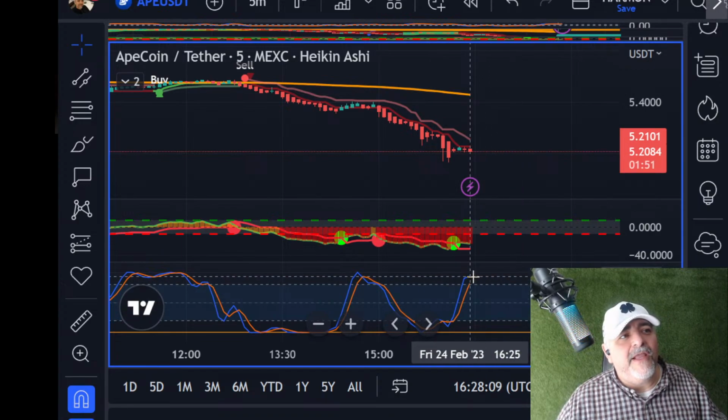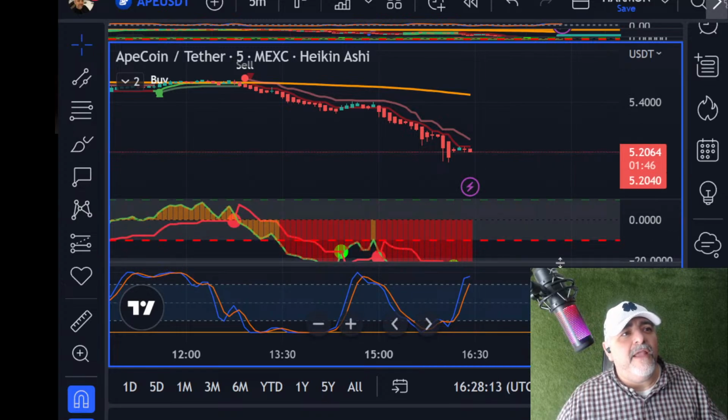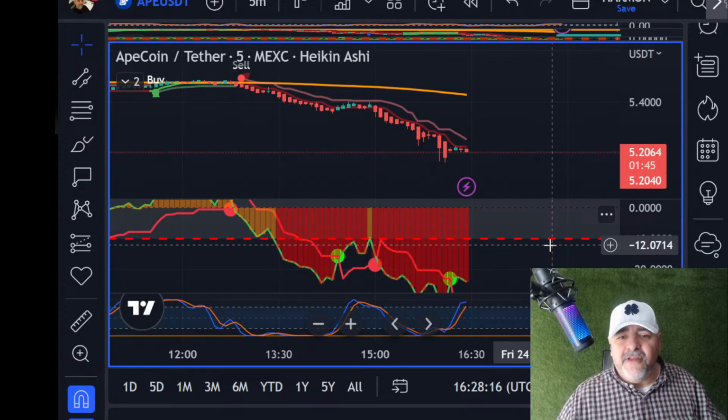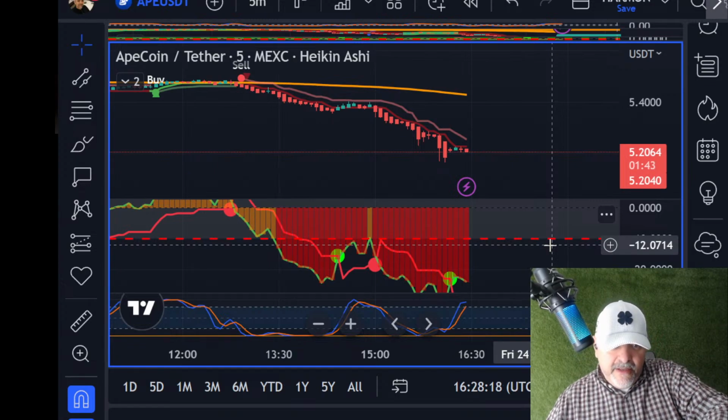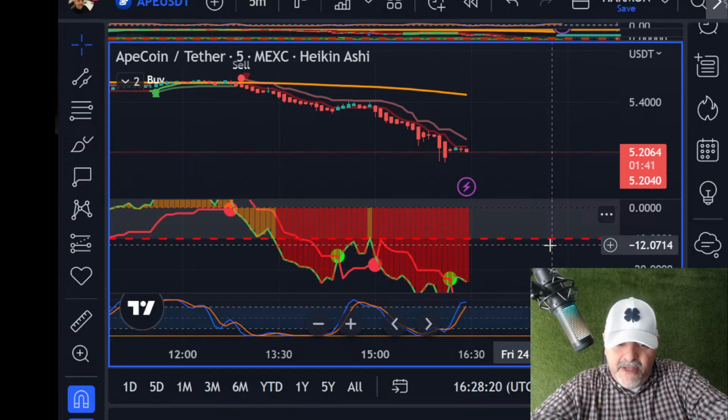It is bending right here, showing that ape is probably going to go into a short here. And we do have some short positions here. So let's get ready for an ape short right quick. All right, so ape short looks a lot better than a